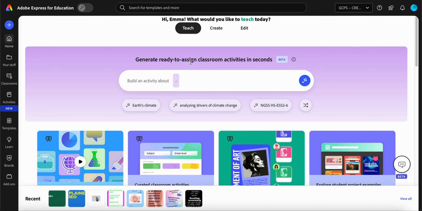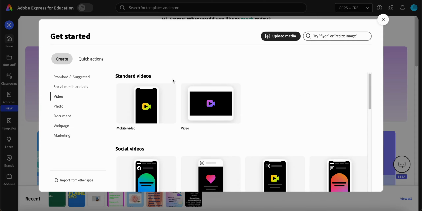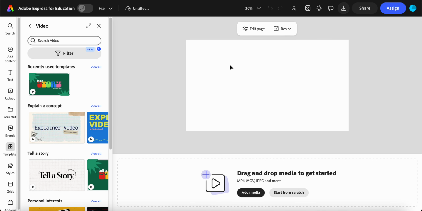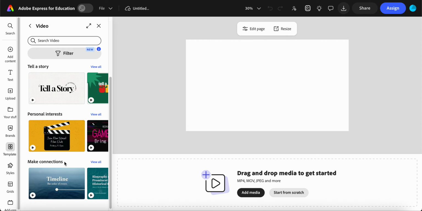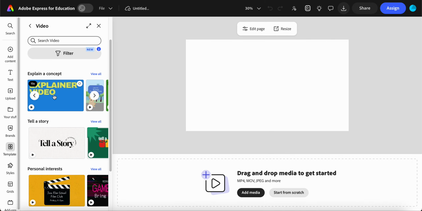pieces. So when you're on this home page, you'll go to the plus button in the top left and you'll click video and then video again. Once you're here, it's just kind of a blank page and it's going to act very similar to Google Slides. You can just build from here and play around with it like that, or you can pick one of the templates over here and it will go ahead and fill up your timeline at the bottom with a bunch of different slides. So if we wanted to do like this blue one, for example,